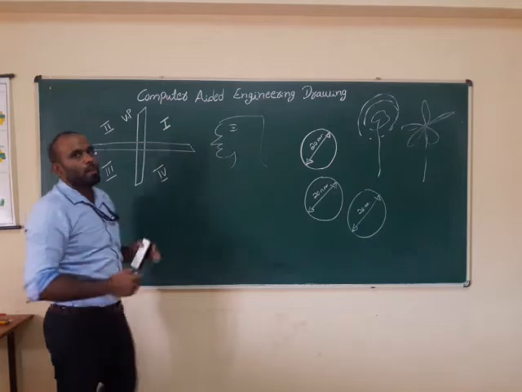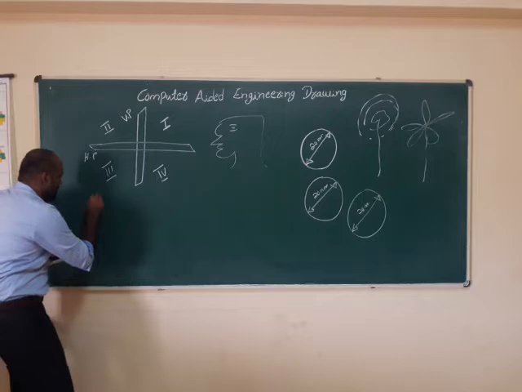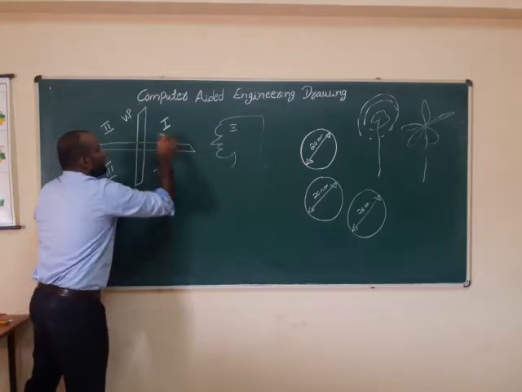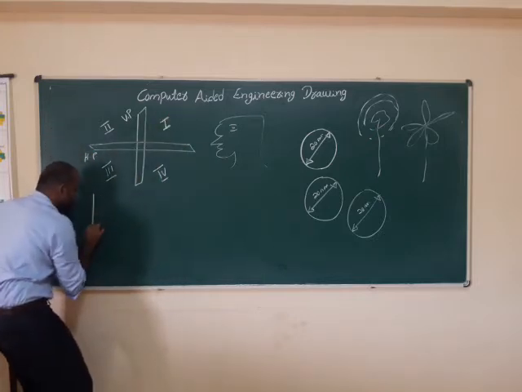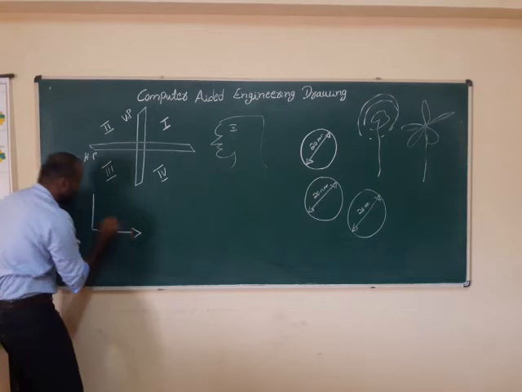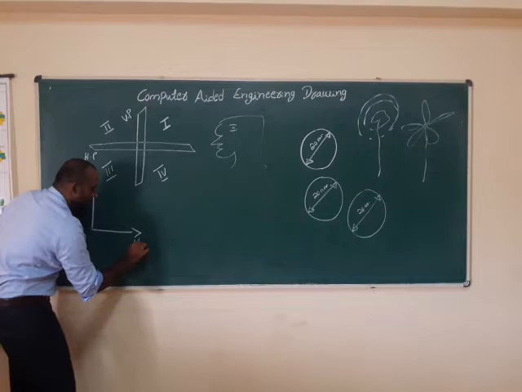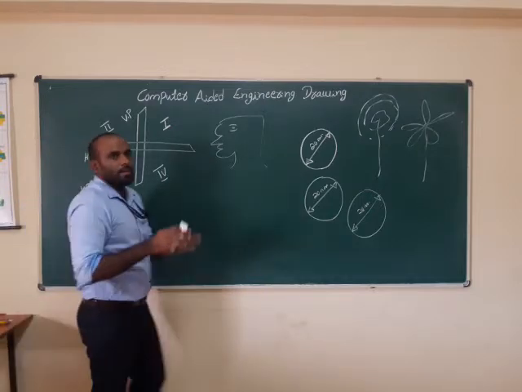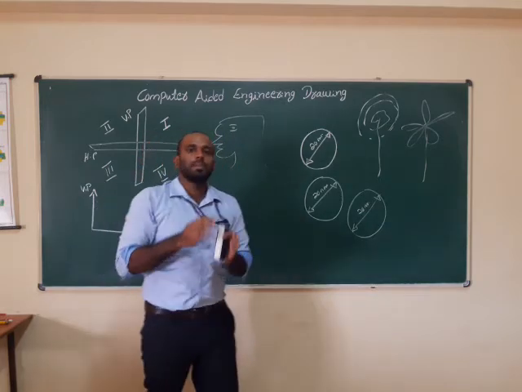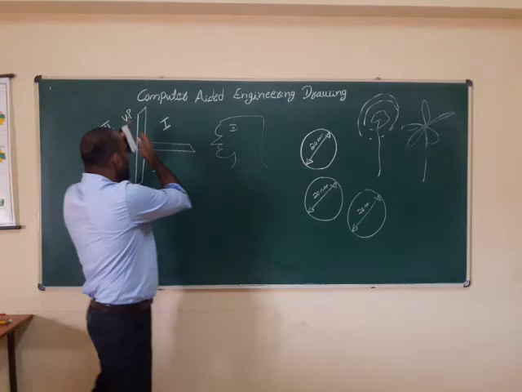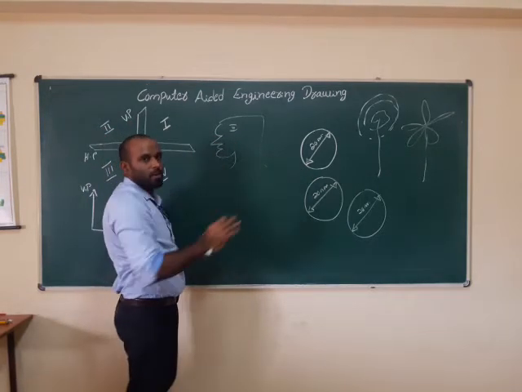For the four quadrants, there are four formulas. First, I will consider quadrant number 1. I will take this portion, the vertical and horizontal planes. This is called the vertical plane, and this is the horizontal plane. The engineering drawing you have to write on a plane always. The vertical plane is exactly parallel to the observer. The horizontal plane is exactly perpendicular to the observer.